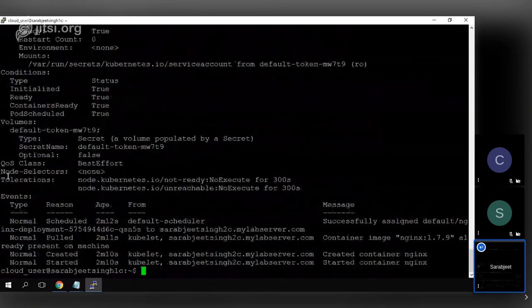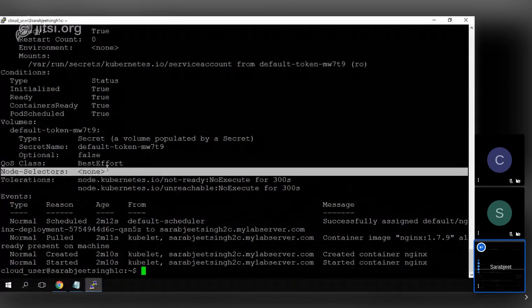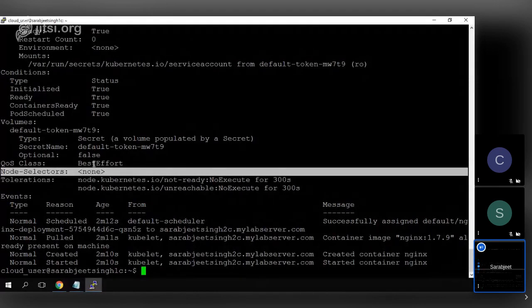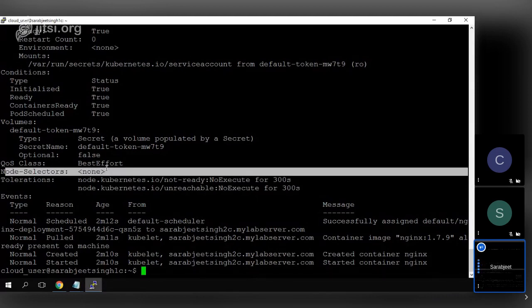So here you can see this node selector. Right now it is none. Okay, so we haven't given any node selector in this YAML file when we created it in the last session. But today we are going to learn this node selector. We are going to give it a node selector, so it will run only on the nodes that match that selector. Okay,